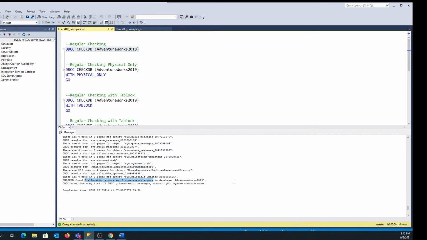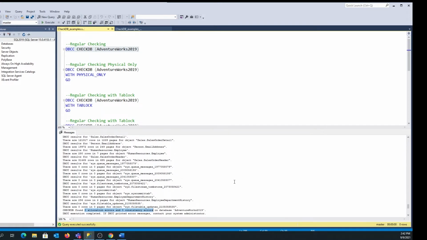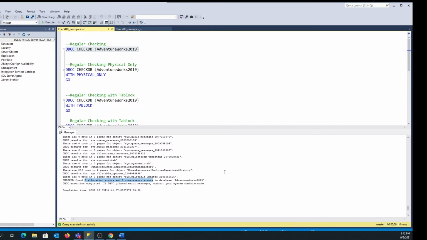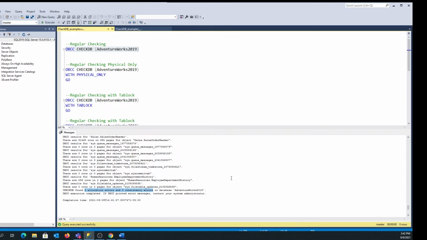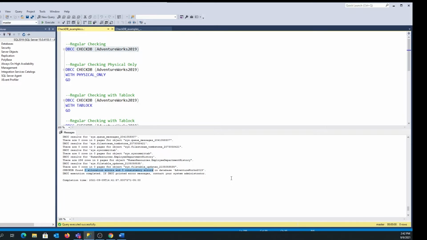Now, this is also a small database, so this runs really quickly. If we have a much larger database, for instance, 100 times the size of this one, it's going to take much longer to run this. And many people wonder how often we should try to run DBCC CheckDB. And usually the SQL masters will tell you, you want to try to run it as soon as possible. If there's any inconsistencies or any kind of software damage in the database, you want to discover that as quickly as possible and deal with it.